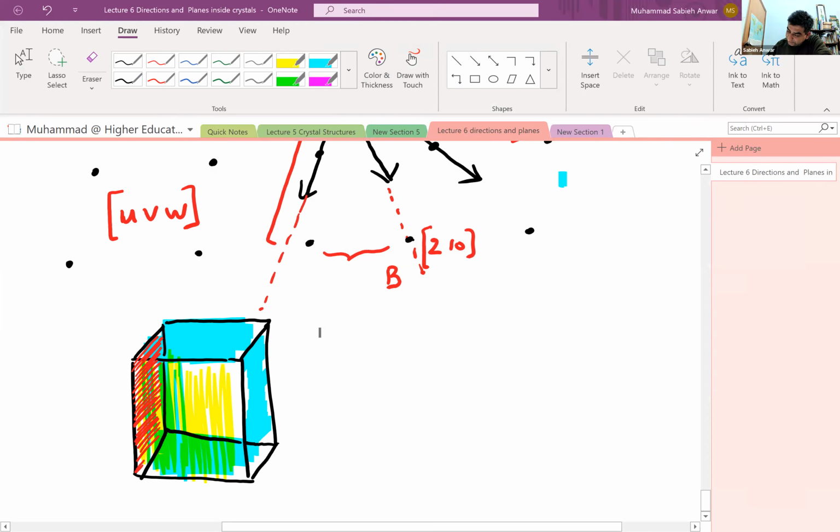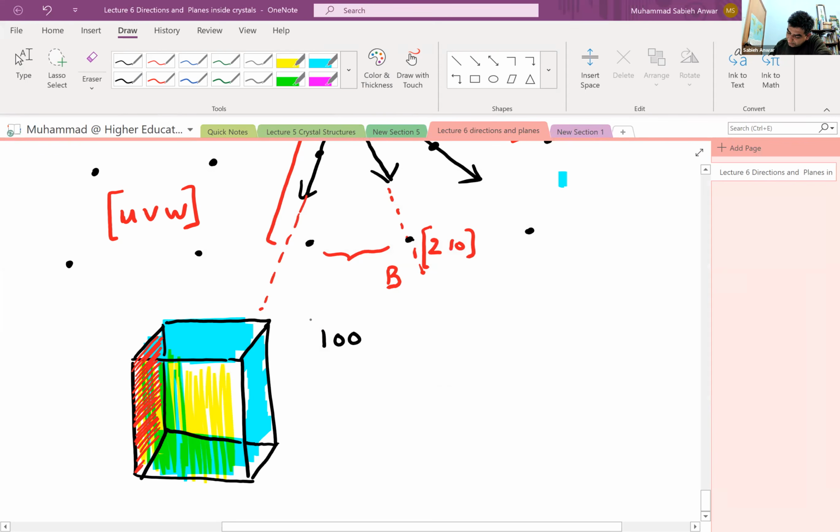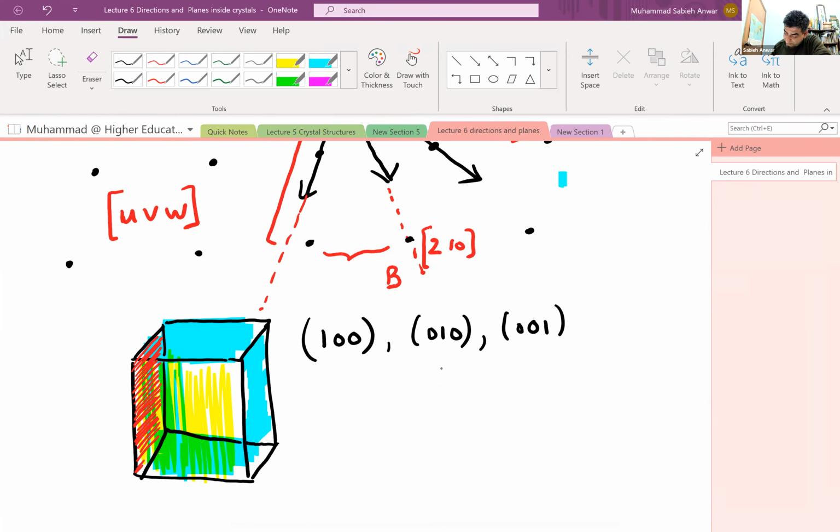So the plane (1, 0, 0) is a face of the cube. (0, 1, 0) is another face. (0, 0, 1) is another face. All right, so these three planes are all going to be the same in a cube. I can represent these planes by another symbol, which is given as